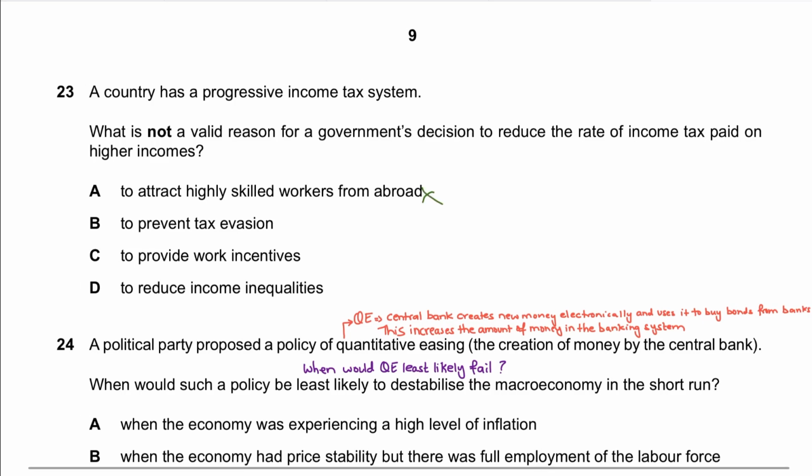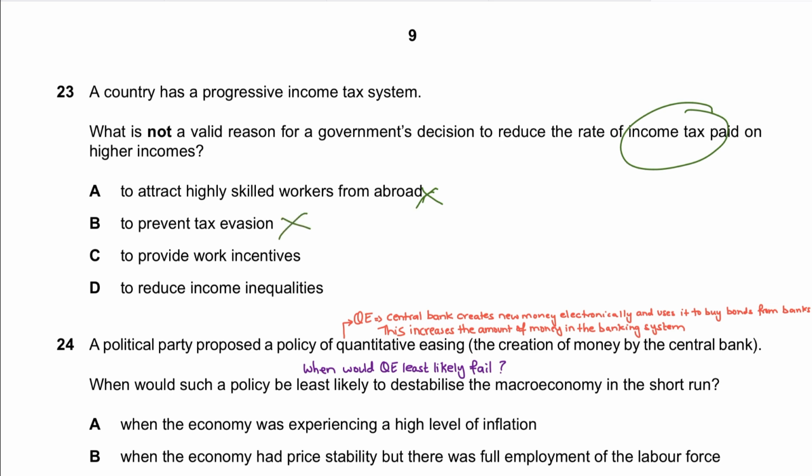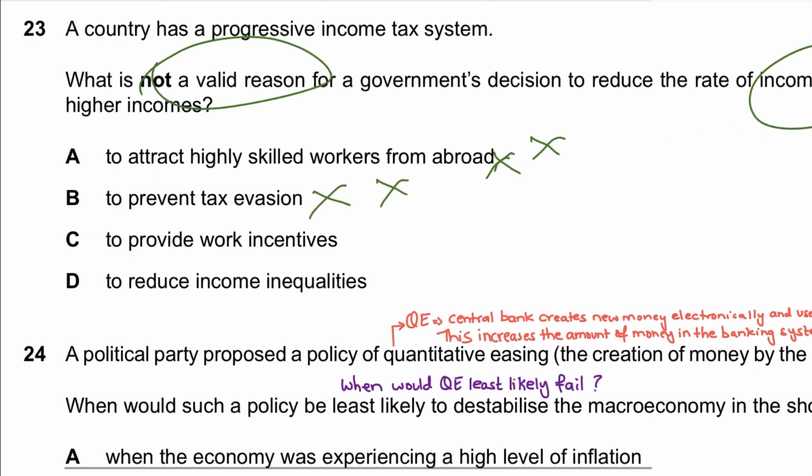To prevent tax evasion, you see very high tax rates. If the tax rates are very, very high, that encourages some people to hide income or move it abroad, and evade the taxes. But if you're reducing the tax rates on upper income spectrums, then lower tax rates may reduce such a bad incentive to move income around to hide it. So again, this is not the answer as well. The question is saying what is not a valid reason why the government is reducing the income tax rates on higher income people, and both of the above options are valid reasons to reduce it.